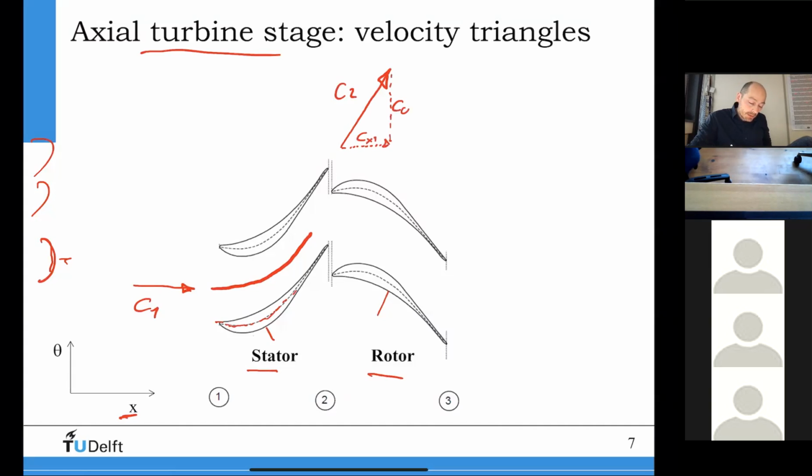Cx1, and this will be Cθ1. Okay, Cx1 and Cθ1. So I've decomposed my C2, absolute velocity, into two components. And so what you can see here is that if the density and the cross-sectional area at the inlet and the outlet of the stator don't change a lot, and the density doesn't change due to mass conservation, I already know that C1 has to be the same as Cx1,